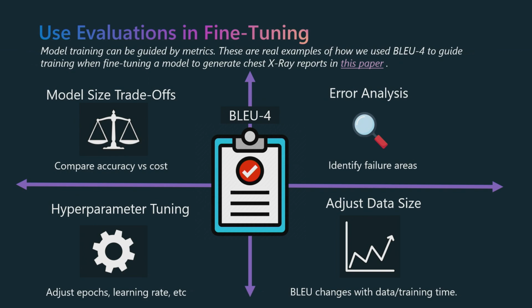So here's a good example of a paper that we wrote and published of how we use BLEU as a metric to evaluate a fine-tuning process. We talk about it extensively in this paper, and here we use the metric to figure out what is the right model to choose, the model trade-off, like big or small, and error analysis, like, hey, where is the model failing? What part of data do we go back and enhance? What are the hyperparameters that we have to change, and the data size, et cetera. All of these things we did using evaluation techniques.